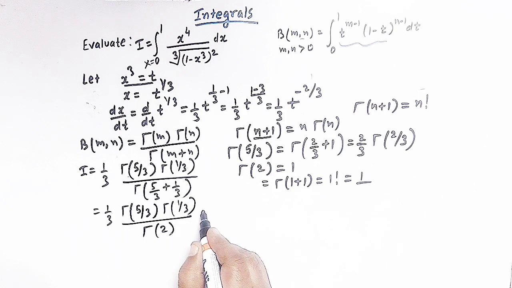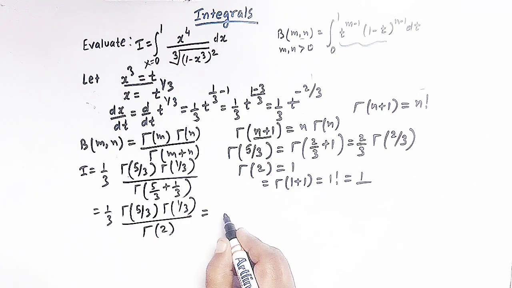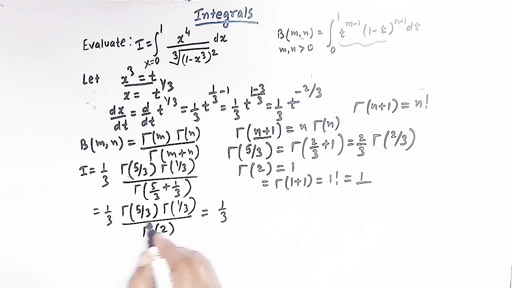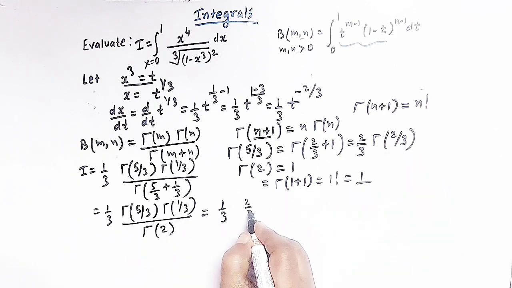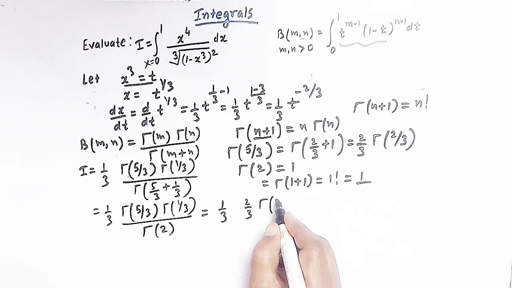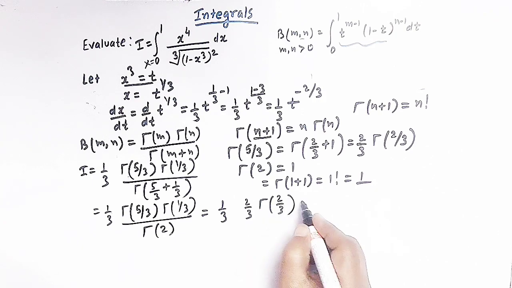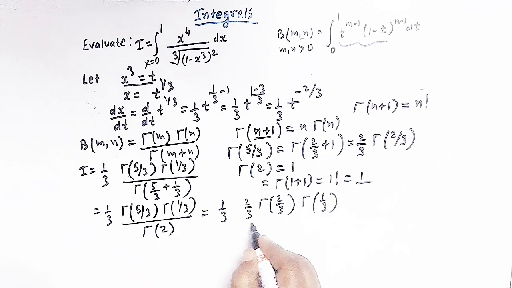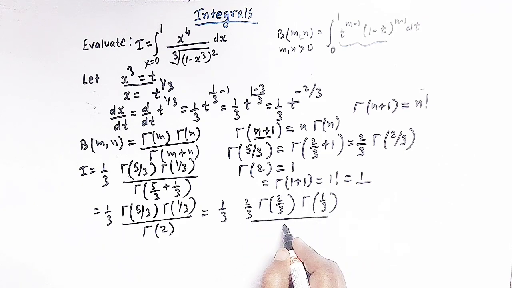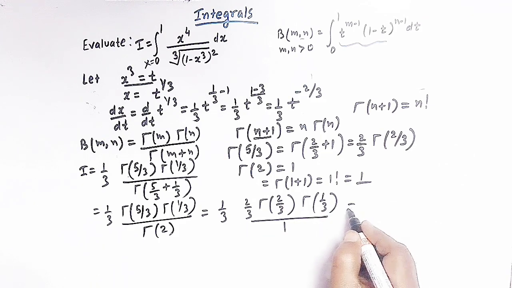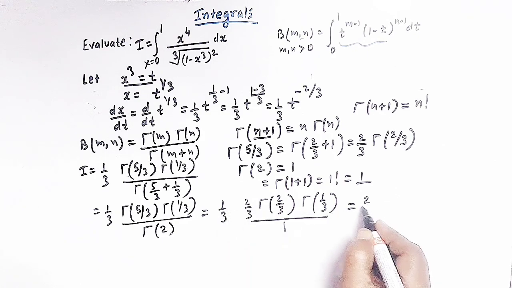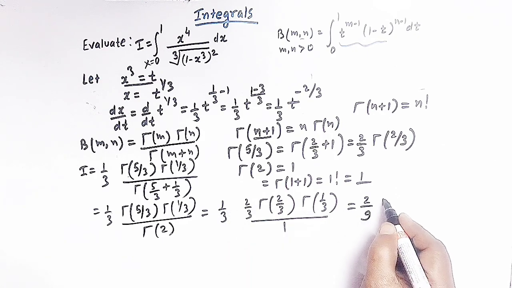So now we can write this expression as 1 over 3, gamma 5 by 3 can be written as 2 over 3, gamma 2 over 3, and then we have gamma 1 over 3, and in the denominator we have 1. So now here we can multiply these two fractions, so we have 2 over 9, and then